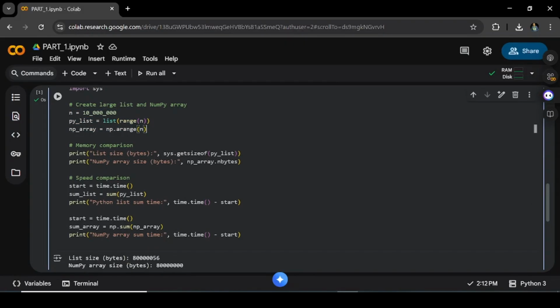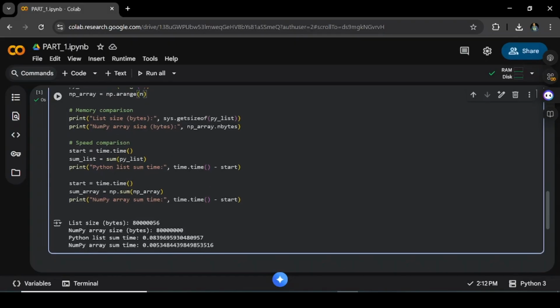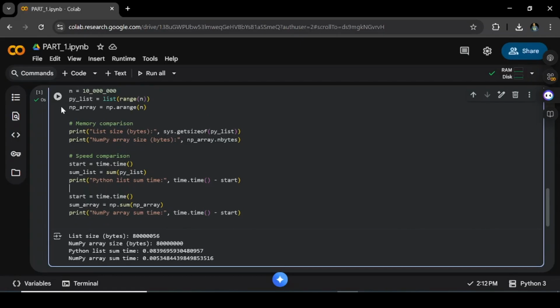I take n, which is approximately 1,000,000, and create a list of 1,000,000 elements and a NumPy array of 1,000,000 elements. Now I compare their size. Their sizes are pretty much the same, so they took the same amount of memory. We can see that in the list size bytes here and here. Now, if I run this cell again,